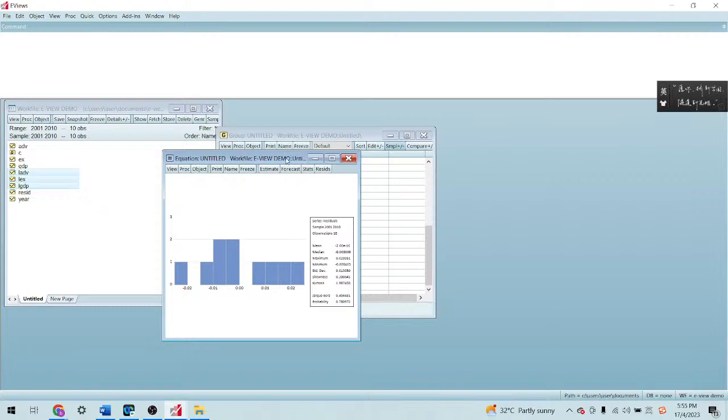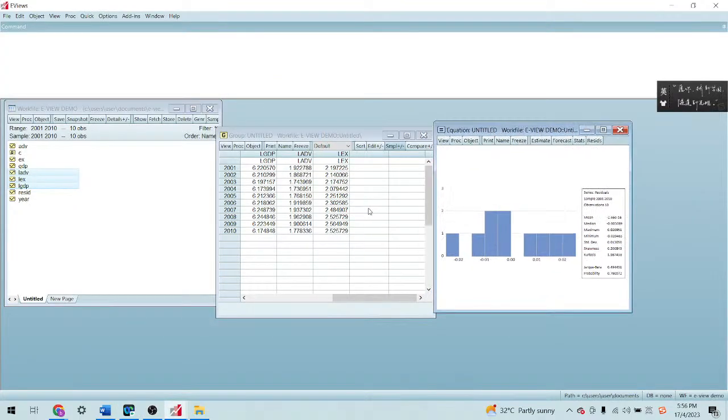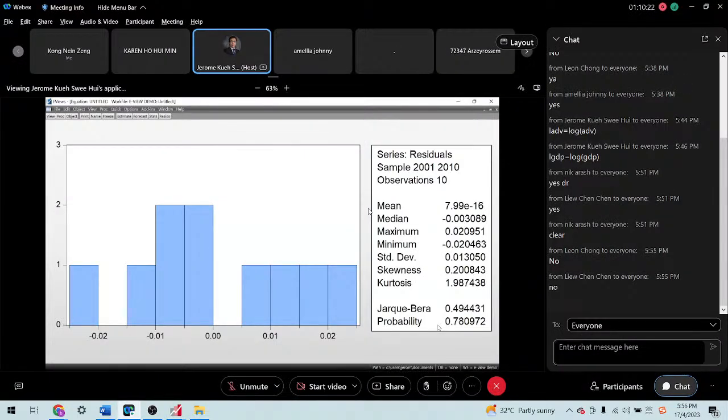That's why in the first class I stressed the importance of this probability approach for your decision rule to reject or not reject the null hypothesis, which helps you decide whether the variable is statistically significant. So if you cannot reject, it means that the residuals are normally distributed.